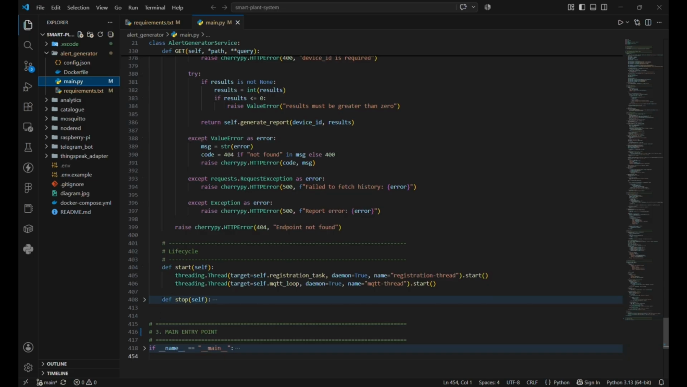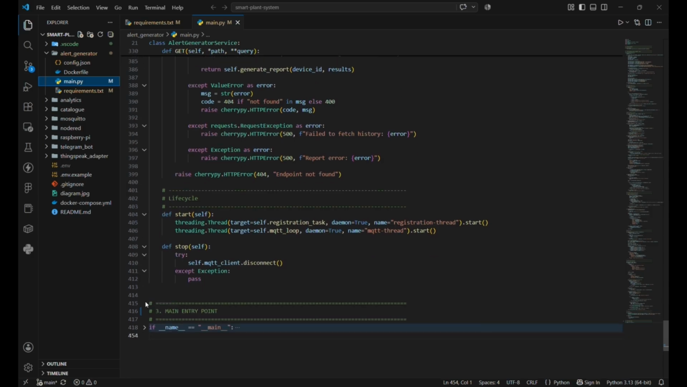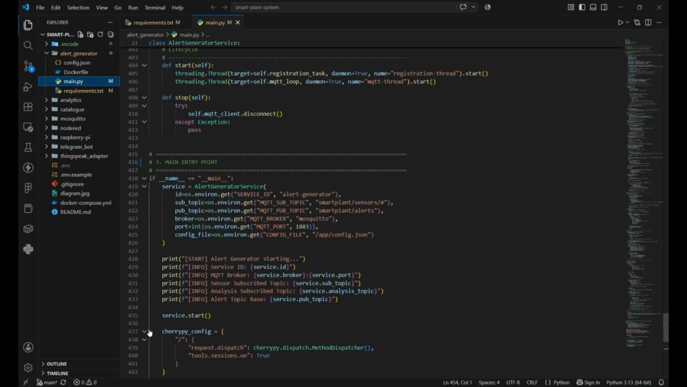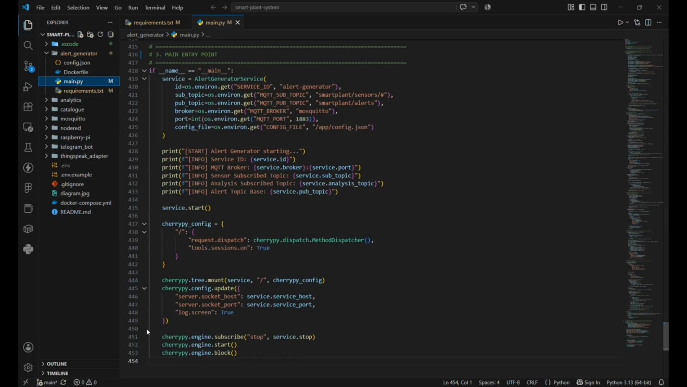One continuously registers the service with the catalog, while the other maintains the MQTT connection. The stop function safely disconnects the service from the MQTT broker when the application shuts down. Finally, in the main section, the service is created using an environment variable defined in the Dockerfile. The background threads are started. The CherryPy server is configured to listen on port 8091, and the service begins handling both MQTT messages and